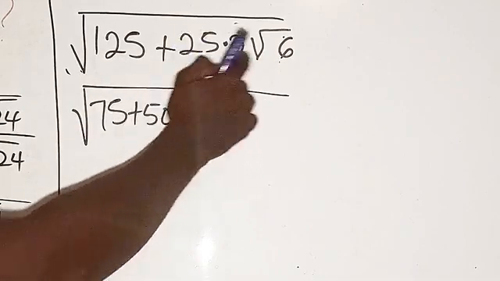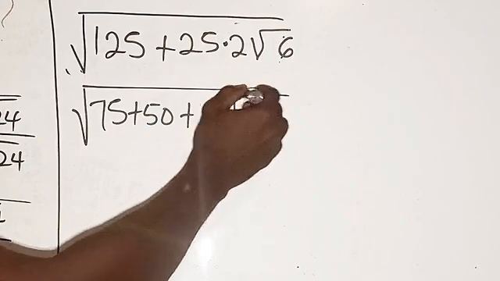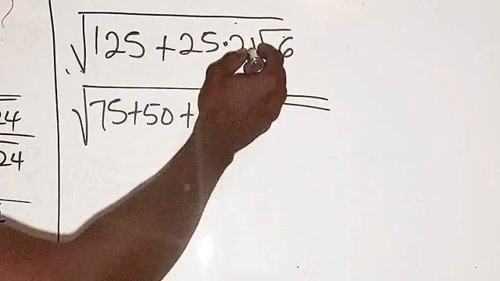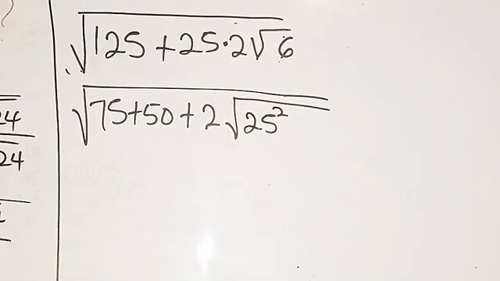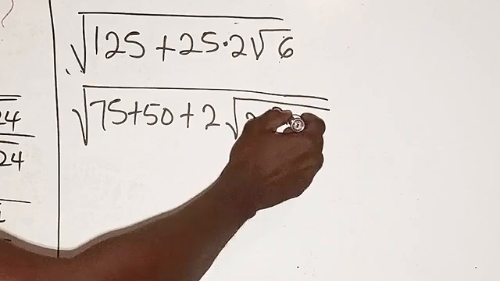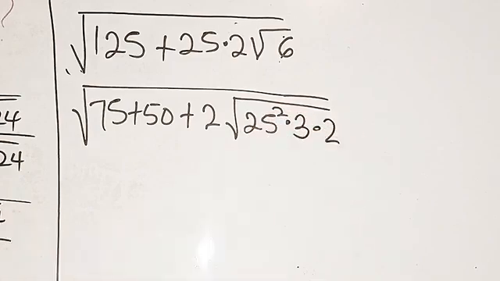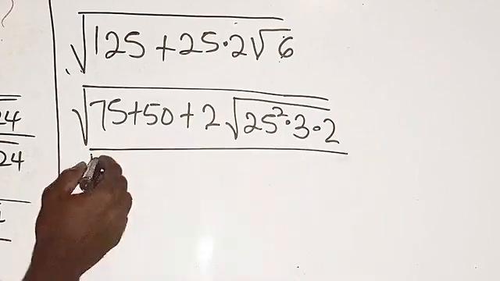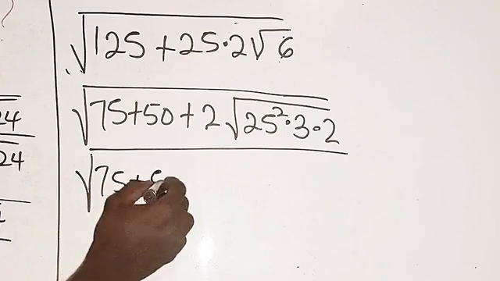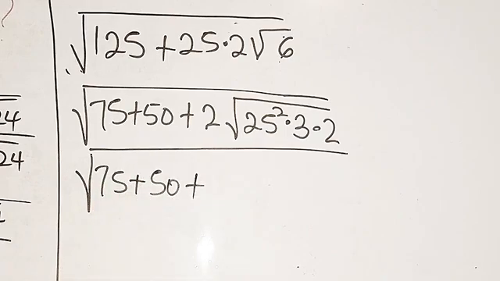So if I take this 25 back to the root, I'm going to be having square root of 25 all squared, right? We have 25 all squared, and the 6 that is inside there can be split as 3 times 2, right? So we have 75 plus 50, then plus 2,